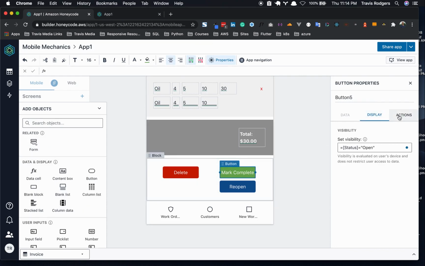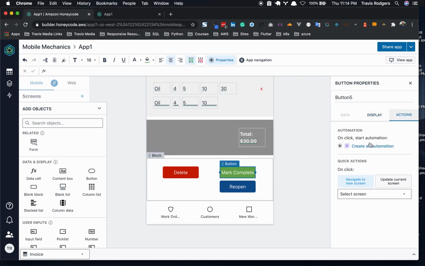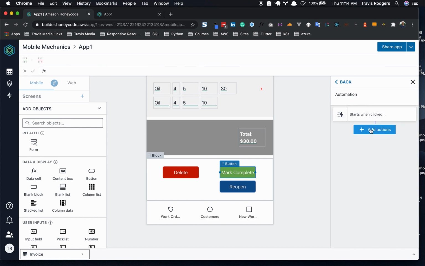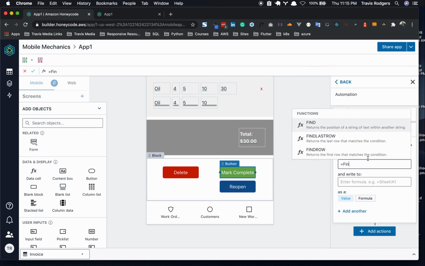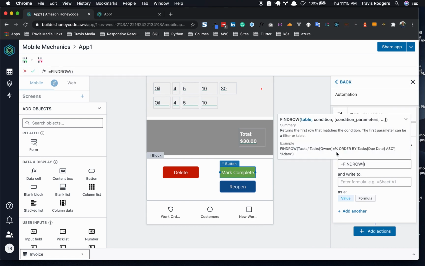So for mark complete, if I go to actions, we want to create an automation. We want to add an action, and what we want to do when we're marking complete is change the status from open to closed. So we want to overwrite a value. So click overwrite. In the data from, we want to do a find row function. So find row,